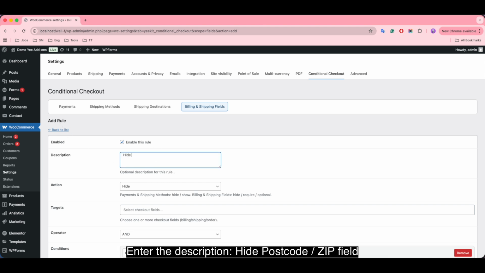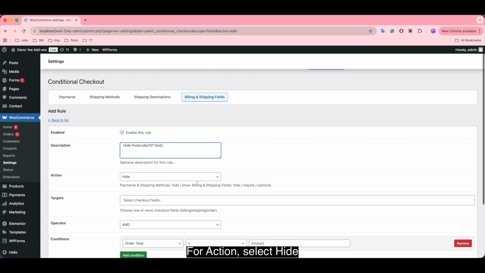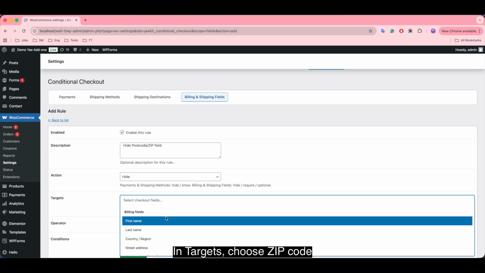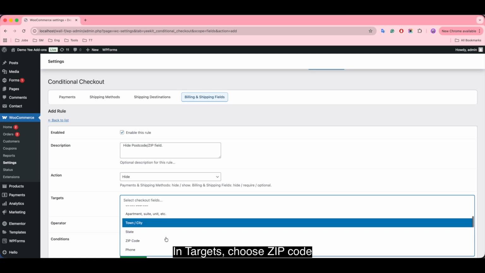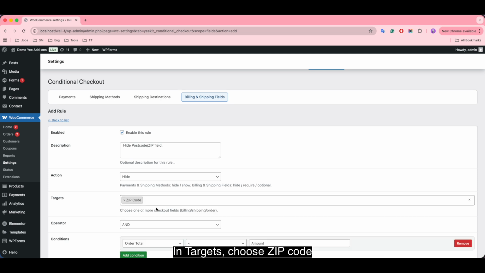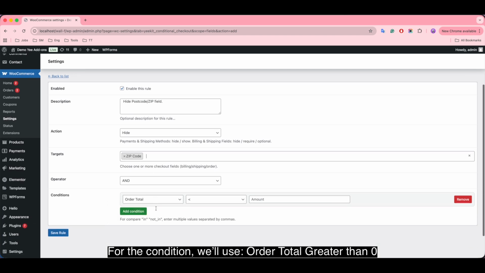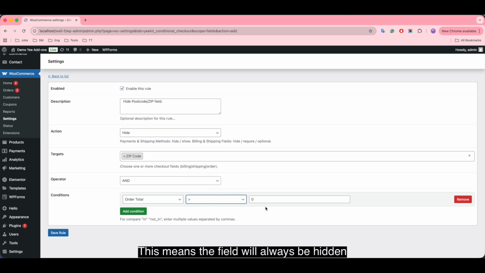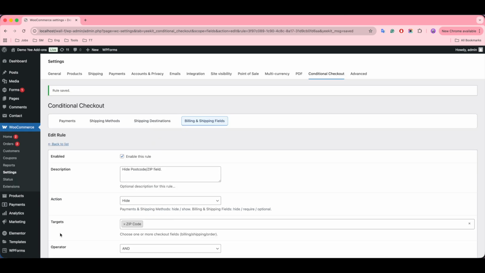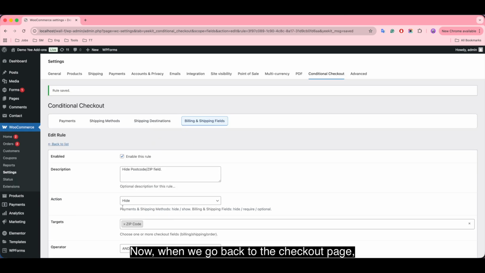Enable the rule. Enter the description, hide zip code field. For action, select hide. In targets, choose zip code. For the condition, we'll use order total greater than 0. This means the field will always be hidden. Click Save Rule. Now, when we go back to the checkout page,